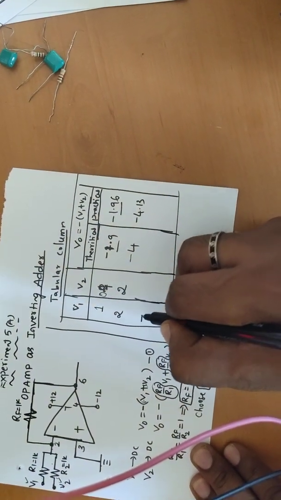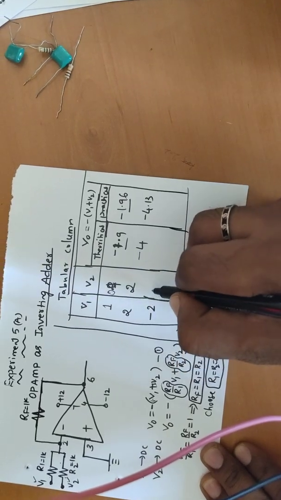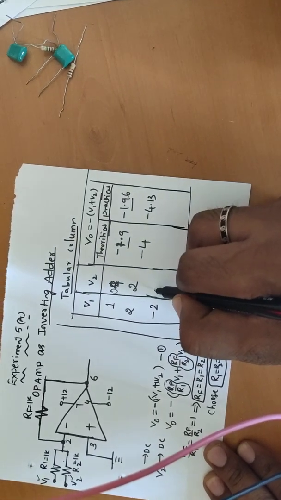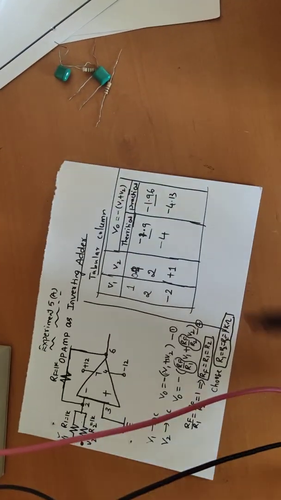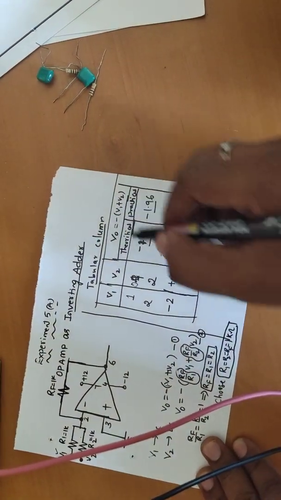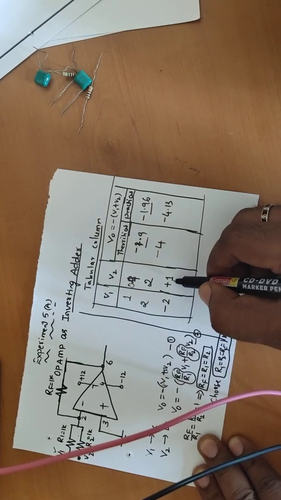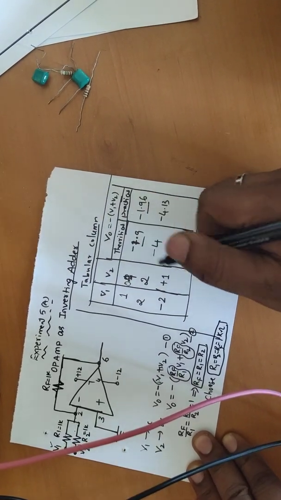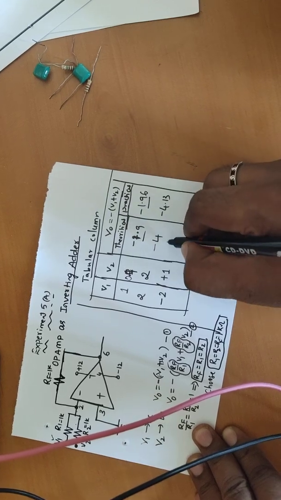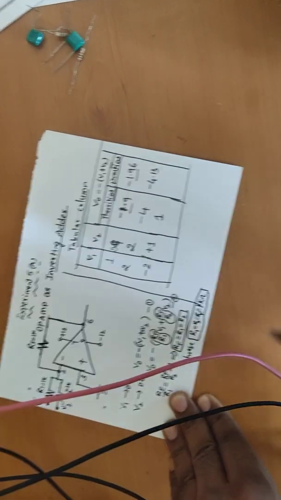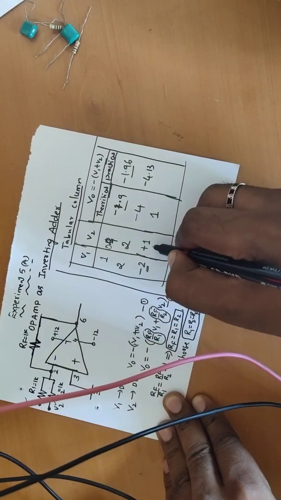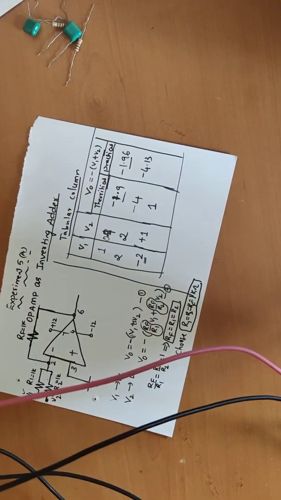Let us keep the first voltage at minus 2 and the second voltage at plus 1. So now how to make one negative and the other positive? For this, V out is minus 2 plus 1, which is minus 1, with the minus sign outside. So you get minus of minus 1, which is plus 1 volt. So I have to get a positive voltage now for the input voltages minus 2 and plus 1. We will verify the practical value.